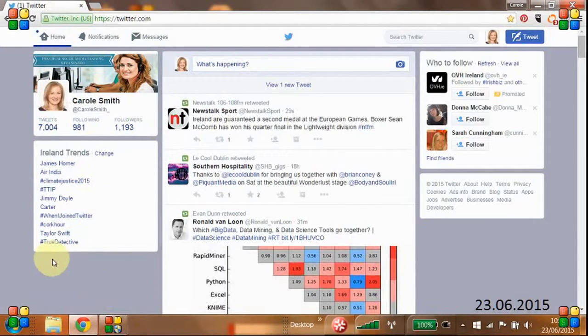What that means is these are the topics that are getting a lot of conversations, a lot of tweets on Twitter today. Now, if you're not seeing Ireland trends, it means that you're probably defaulting to the Twitter US trends. I would encourage you again to change that because, wherever you are, it makes more sense that you're seeing what's going on in your own country, your own market. So this is Ireland trends